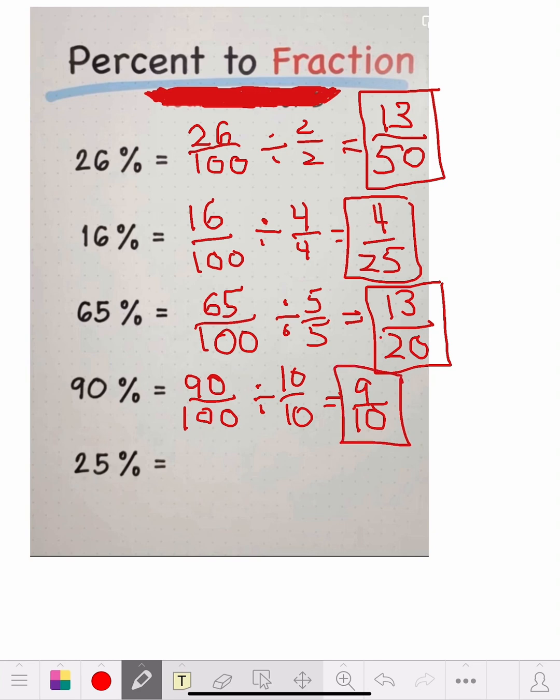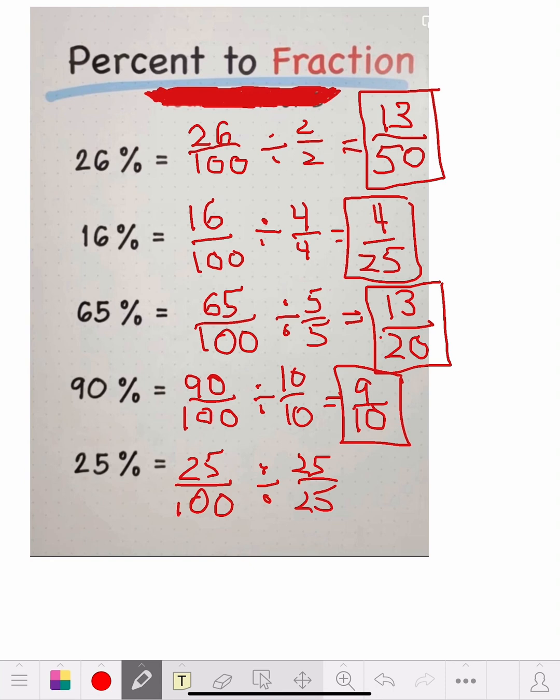Now the next one is 25 over 100. Okay, divided by, okay, I already know 25 will go into 100. If I had a dollar bill and I had a quarter, I know 4 of them is going to make a buck. Okay, so let's divide by 25. Okay, I just know that. Okay, 25 over 25. I could have started by doing 5s because I know if it ends in a 5,